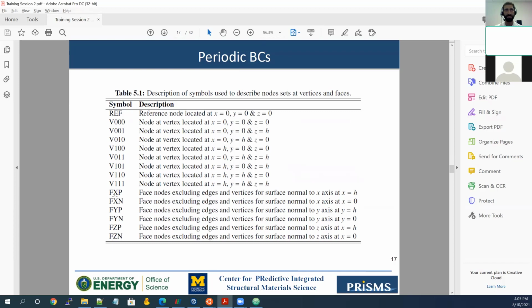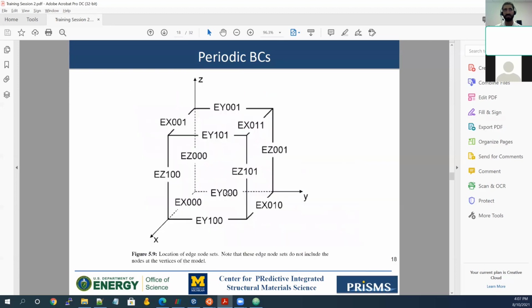And for example, FXP is face nodes excluding edges and vertices for surface normal to X axis at X equal to H. In addition to those, we have edges, which are this. So you first need to go and learn what all of this nomenclature mean in the context of the periodic